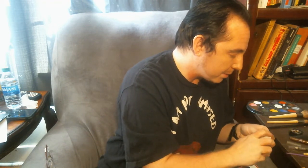So then, of course, you've got to blend this stuff too, like down here. And notice I did not put any foundation on that yet, so it's a really dark brown right now, and I don't want it to be dark brown because I'm not trying to change my skin color exactly. I'm trying to highlight and contour a